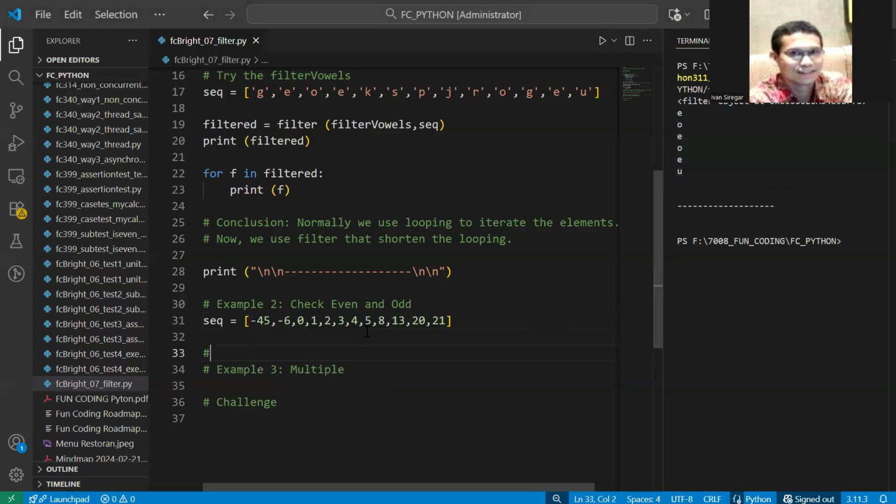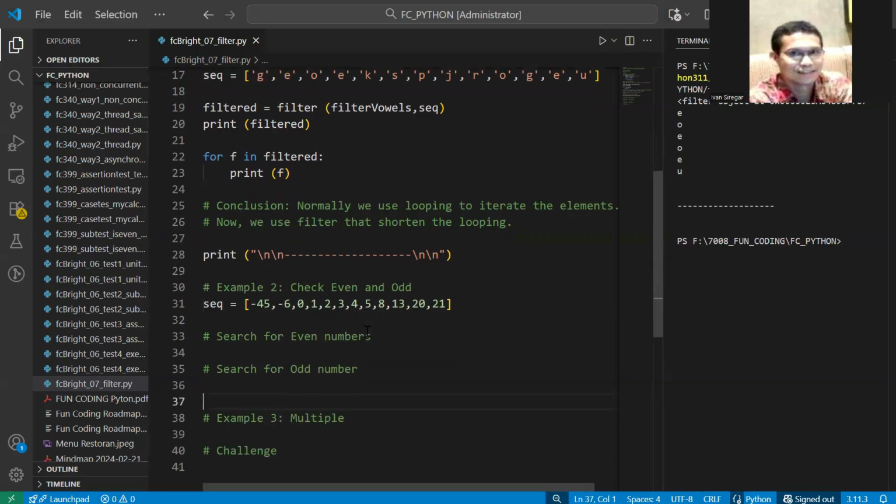And for this, we can do a search for the even numbers, and this for searching the odd numbers. So we split into two parts, because we will be finding out which one is even, which one is odd.